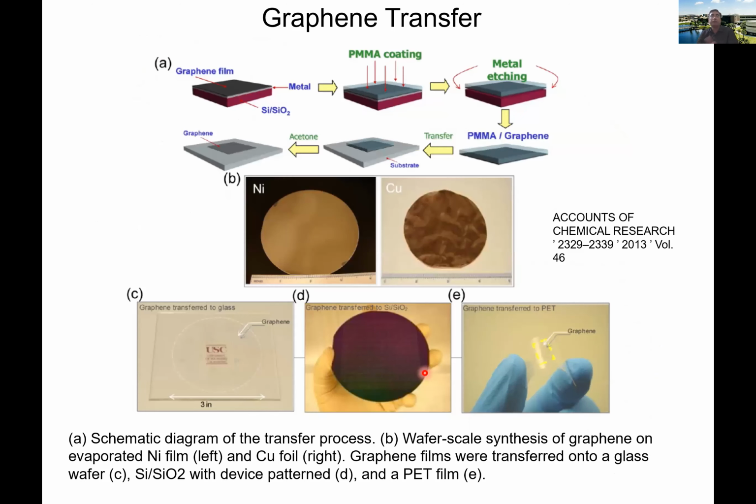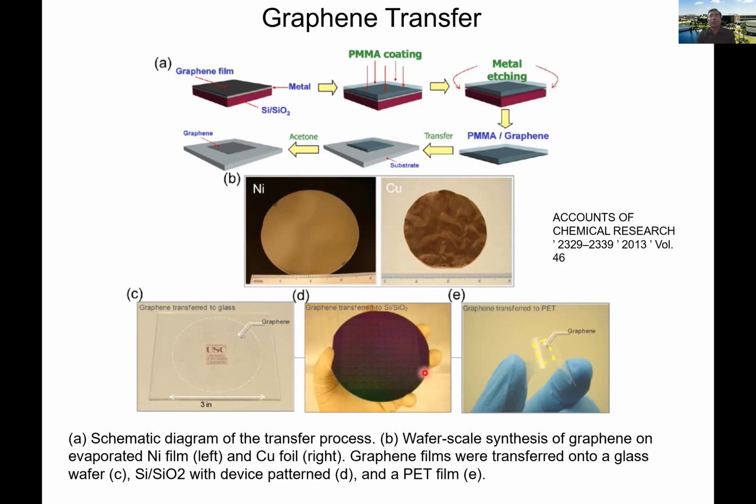Now, of course, you guys are working on devices, and nobody likes graphene on copper for device applications, because if you try to make a device, copper is going to short out everything. So you have to learn processes of getting graphene off copper and putting it somewhere else. A lot of work has gone into this, which we call graphene transfer. It is something that you have to master. I'm going to say it in an easy way, but getting it done is a skill set.